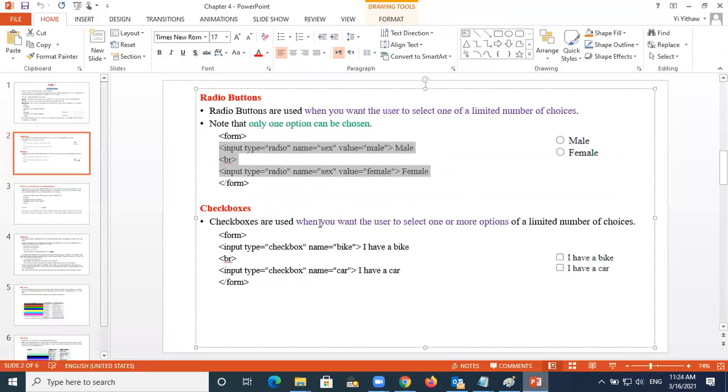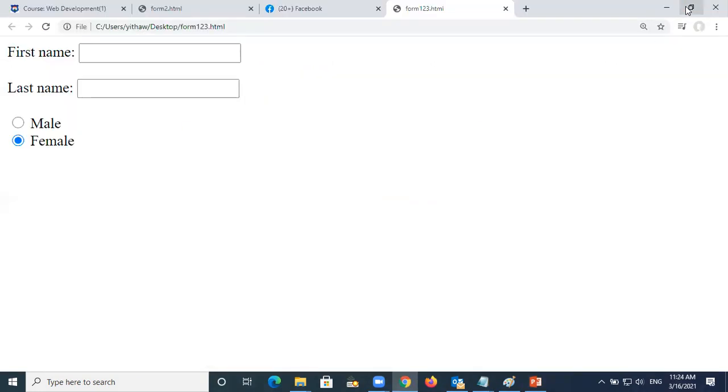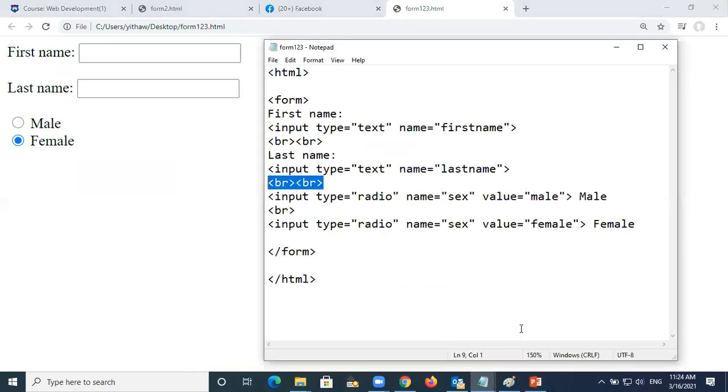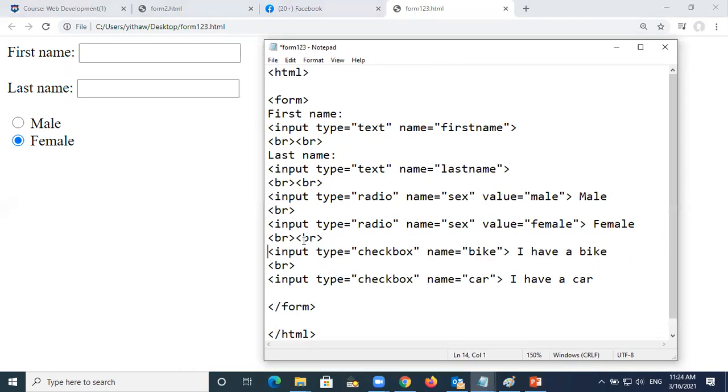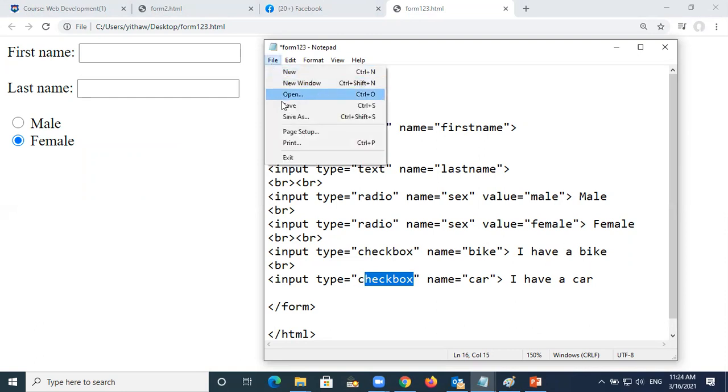Okay, so let's go to the second part here, checkboxes. Checkboxes, okay, I will put it here, and then here also, paste. I just copy and paste it, but I will put this two-line BR again and here. Which means that I want to go down two lines in order to have another part. This is called the checkbox button. Checkbox. Okay, so the bike and this one. So when I save it and run,